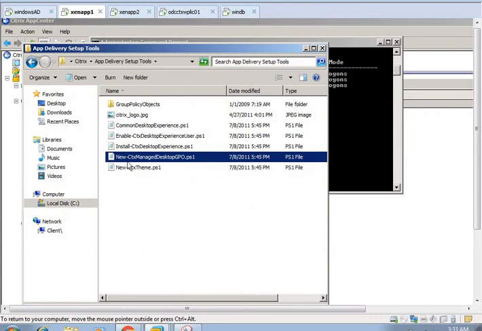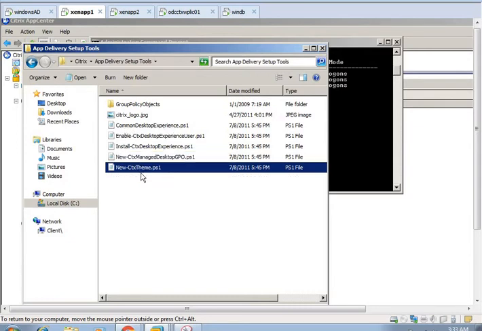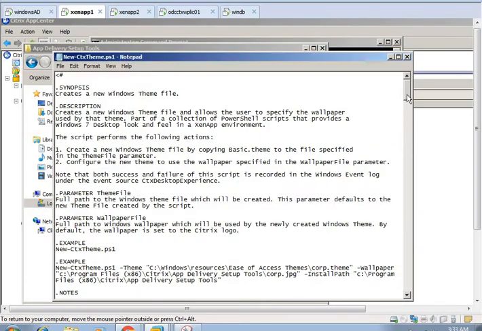So there is Citrix Management Desktop GPU, install Citrix Desktop Experience, enable Citrix Desktop Experience user, Citrix themes, the new Citrix themes.